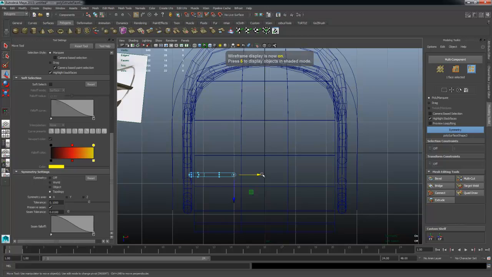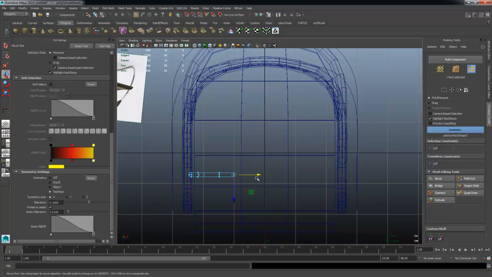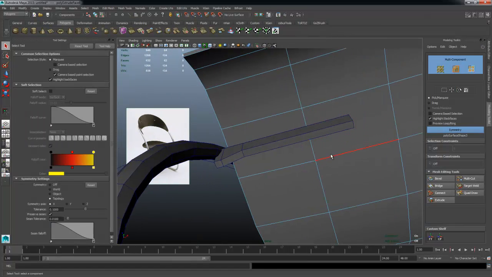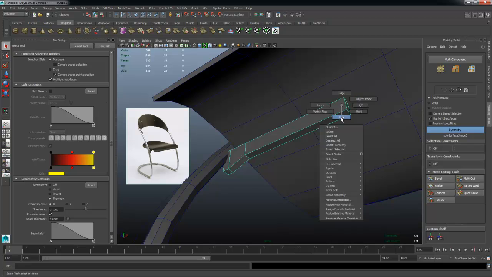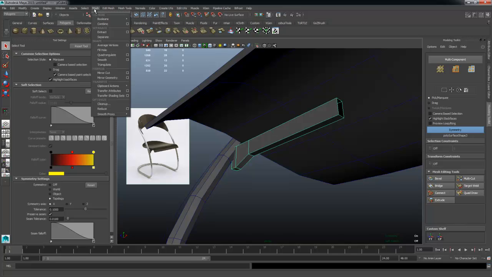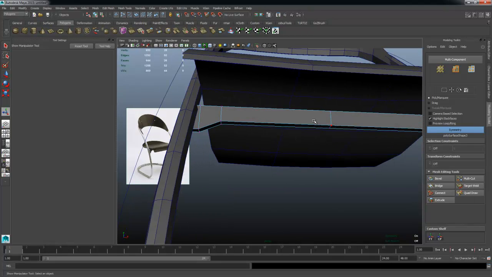So I'm going to go to wireframe mode by pressing 4 on the keyboard. Pull this out, snap it to the grid, up to there. And then I'm going to get rid of this face. And then use the same mirror geometry tool technique to mirror this across. Great stuff. So now that we have both sides, I am going to establish its symmetry line so that I am now